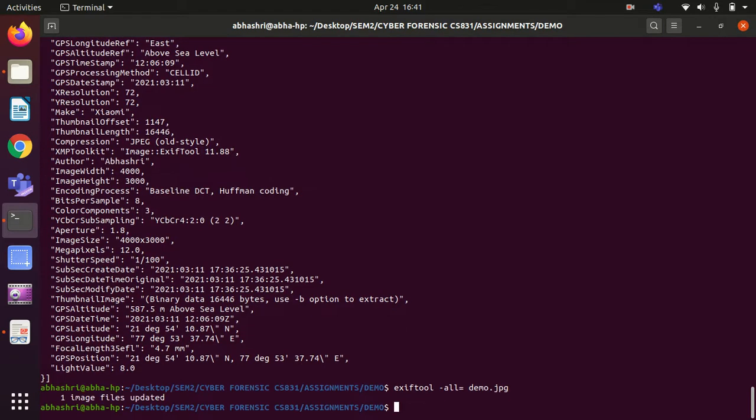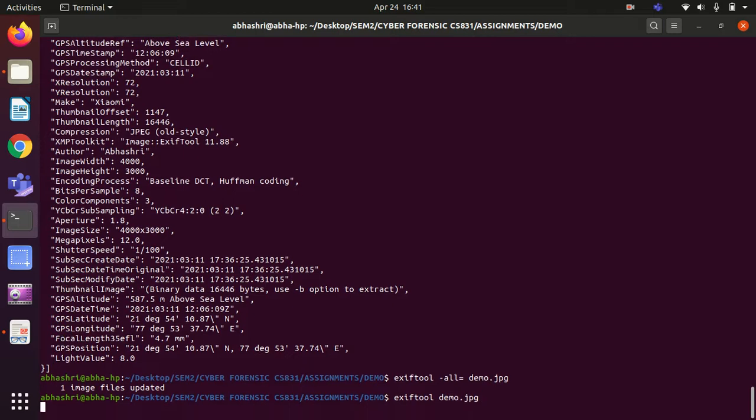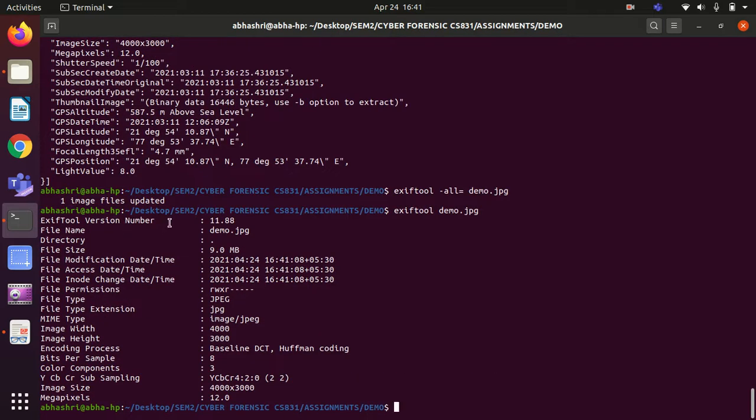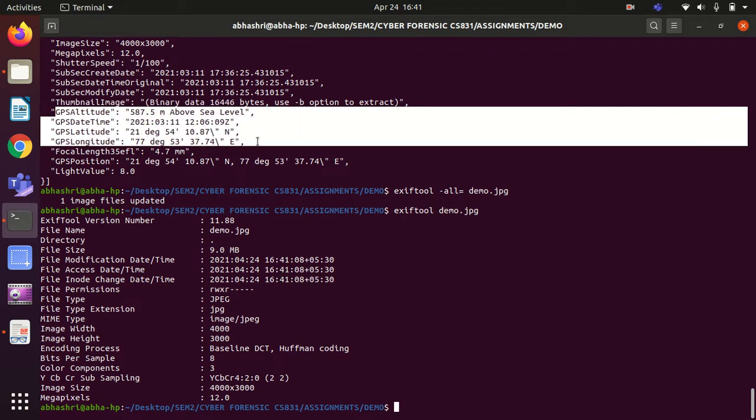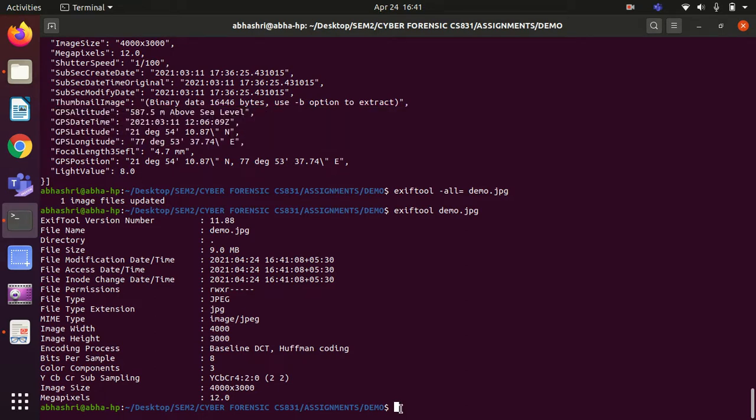Hence we can see that one image file is updated. Now when we run exiftool and the file name .jpg, we can see that earlier there was more metadata as compared to this. Now the GPS and the critical information, like the GPS altitude, date, time, and all these locations which can cause a threat to the digital data that we have, is removed.